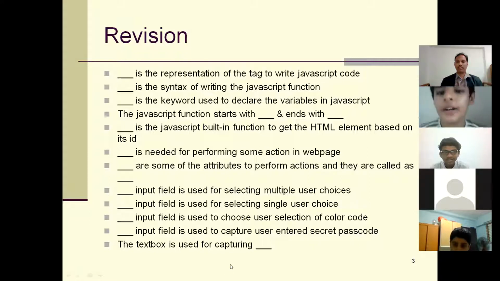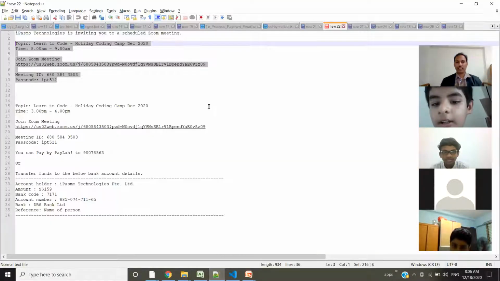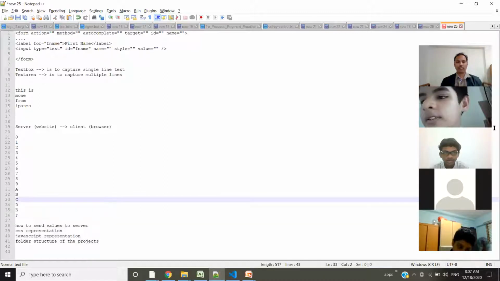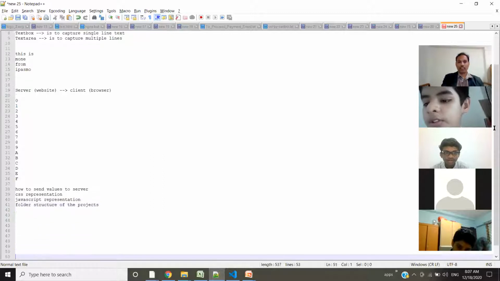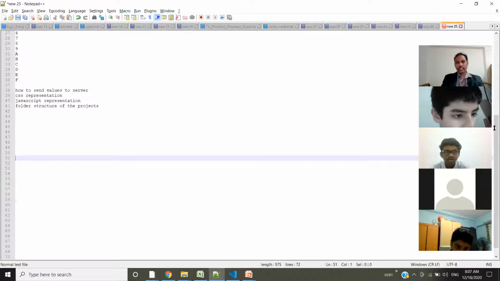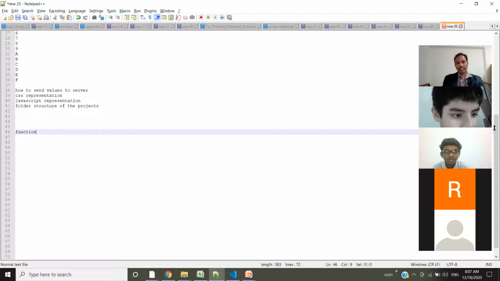I think first we need to write the script tag in the head or body. Then we need to write the JavaScript functions or statements. Then Advai, one second. Syntax is nothing but this one. You see, I'm going to write it. It's only the function, and then the name of the function, and open curly braces and close curly braces. Perfect. See here, this is the name of the function.